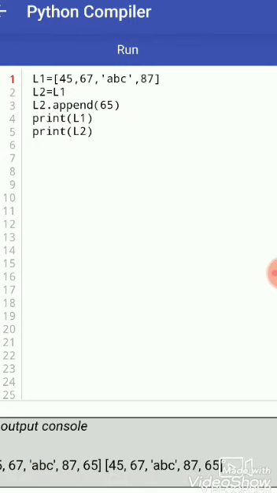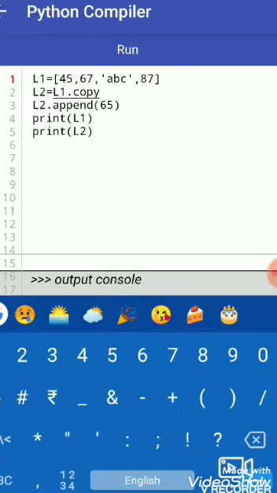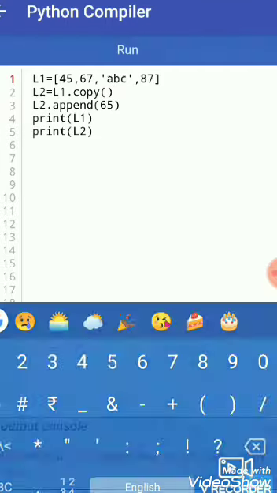So for this we use the copy function, and here L2 equals L1.copy(). By using the copy function we can create a clone copy. Then we run the same program and watch the output.